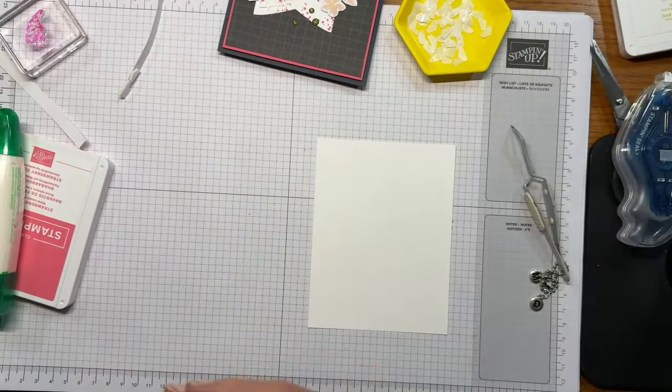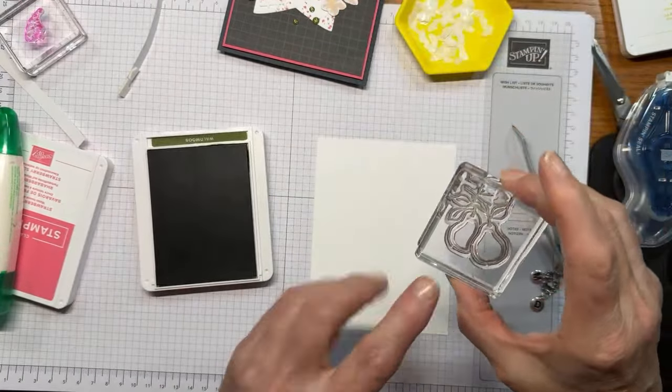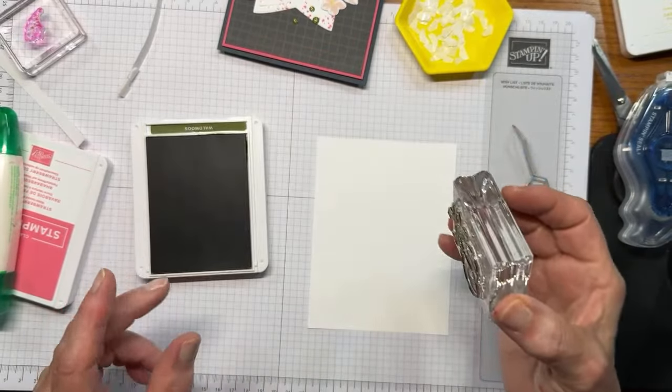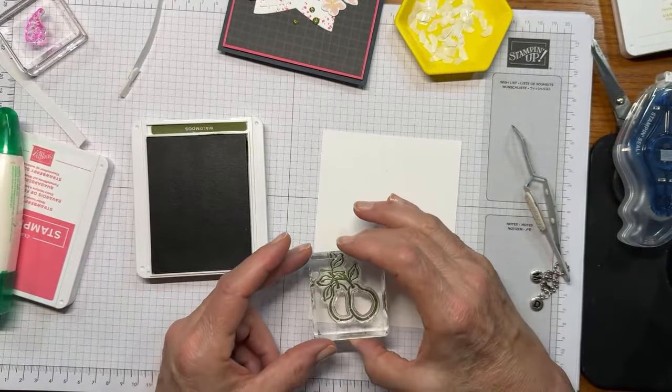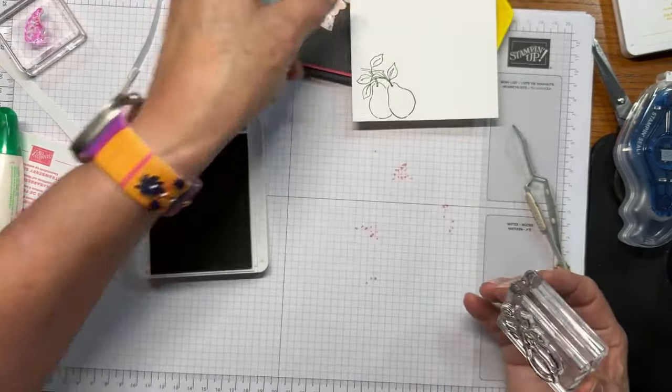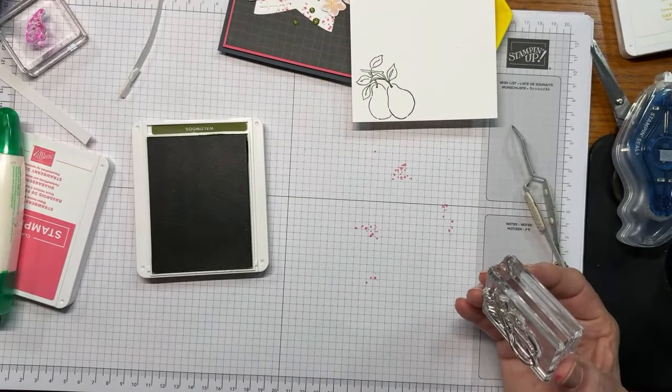All right, now on the inside, I'm going to take this little two pair image. Two pair, P-E-A-R, and I'm going to stamp it down in the corner, okay? And while I have this out, I will go ahead